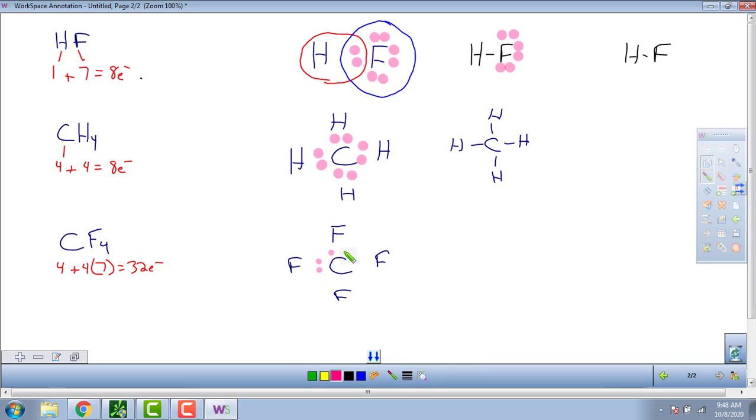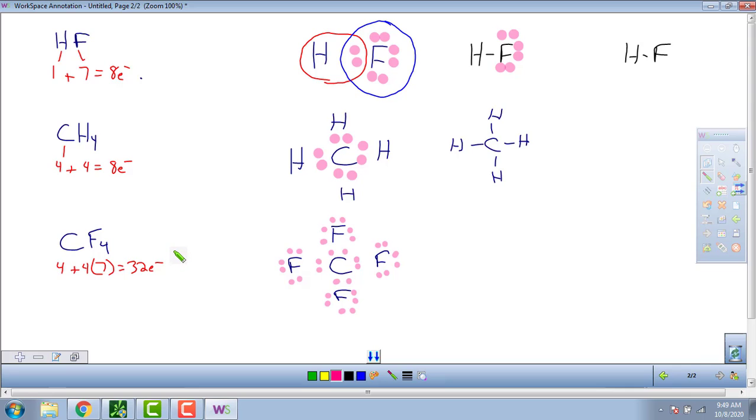1, 2, 3, 4, 5, 6, 7, 8. That gives carbon 8. Now let's give 8 to the fluorines: 9, 10, 11, 12, and so on up to 32. So I've given away the 32, and I just need to double check and make sure